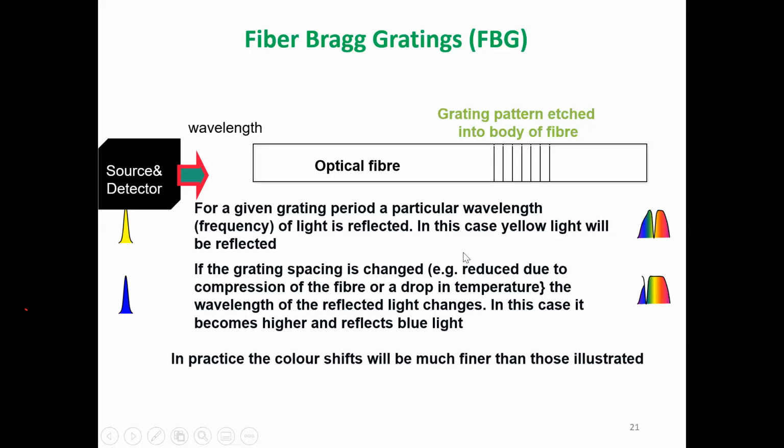Okay. So when we apply some temperature, vibrations or pressure to the optical fiber, this grating period will change due to deformation, because the fiber is very sensitive. The period of the grating will change automatically due to this pressure or temperature. And if we change this spacing, the wavelength which is reflecting will be different. So we can immediately know that something has happened near the optical fiber. And if we calibrate this, we can exactly get the change in the temperature, pressure or vibrations.